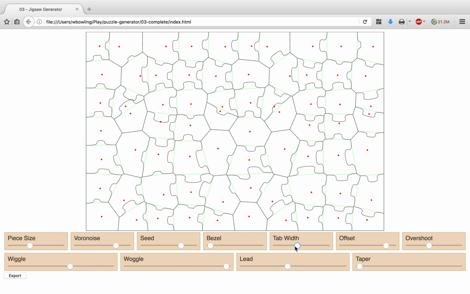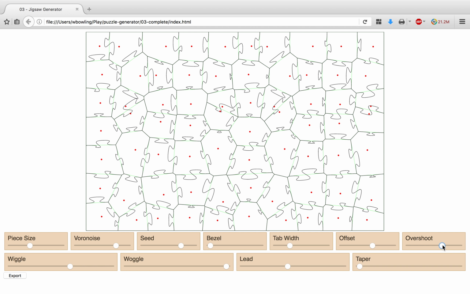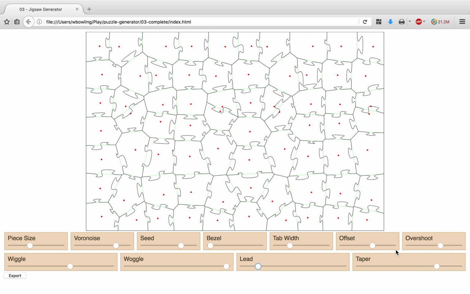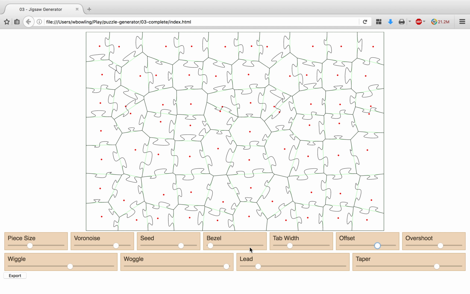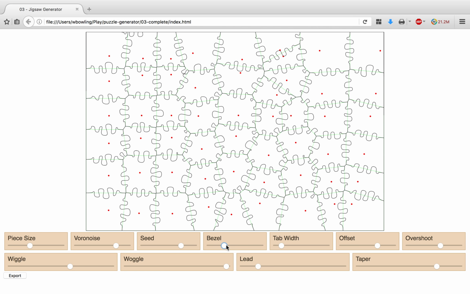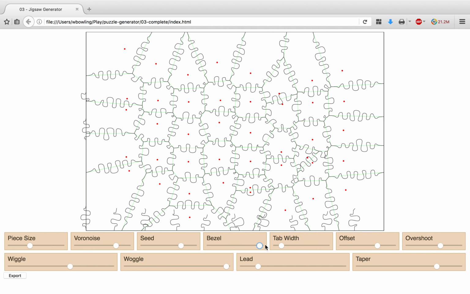So anyway, yeah, this is typically enough to get a pretty darn good puzzle going, and all you have to do is play with the parameters until you feel like you've got something where the pieces will reliably interlock using a combination of lead, offset, overshoot, wiggle, woggle, tab width, bezel, seed, Voronoi, and piece size. We didn't actually cover bezel, but it's more applicable when you get some of these crazy looking shapes and you need to make the edge pieces bigger to sort of contain the craziness. But since the last few updates, I haven't really needed that